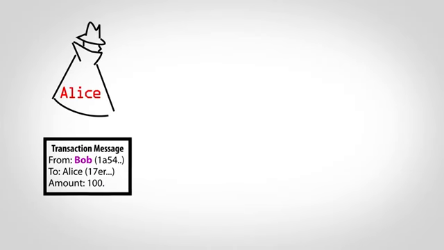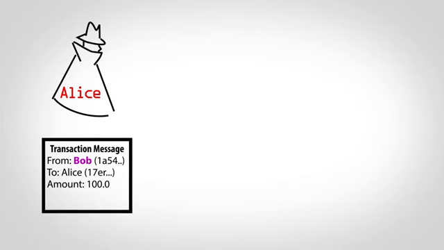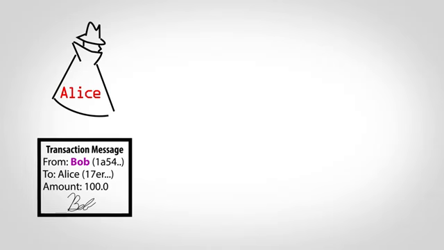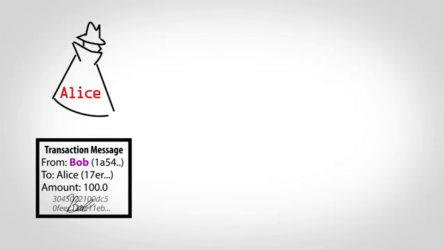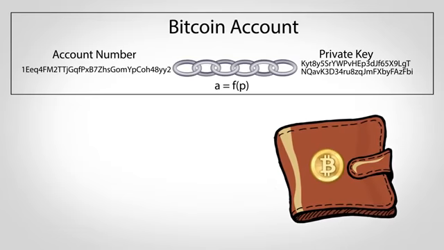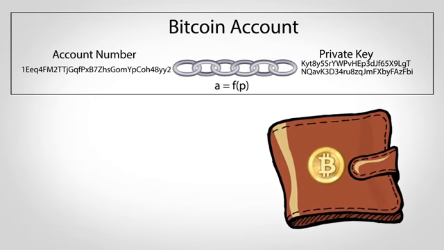If sending money is as simple as creating a message with some account numbers, what's to stop a thief, Alice, from spending Bob's money by using his account number? Like a pen and paper check, Bitcoin requires a kind of signature to prove that the sender is the real owner of an account, but it is based on math rather than handwriting. When a new account number is created, it comes along with a private key mathematically linked to that account number. If you've heard of a Bitcoin wallet, these keys are what it holds and are what allow you to create